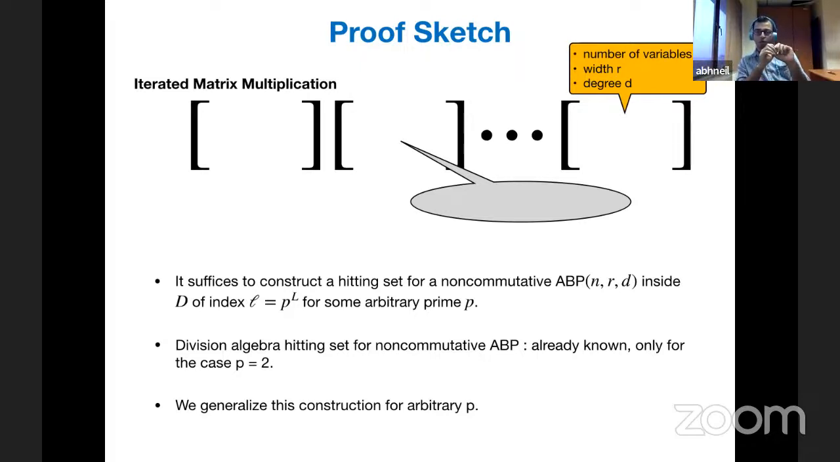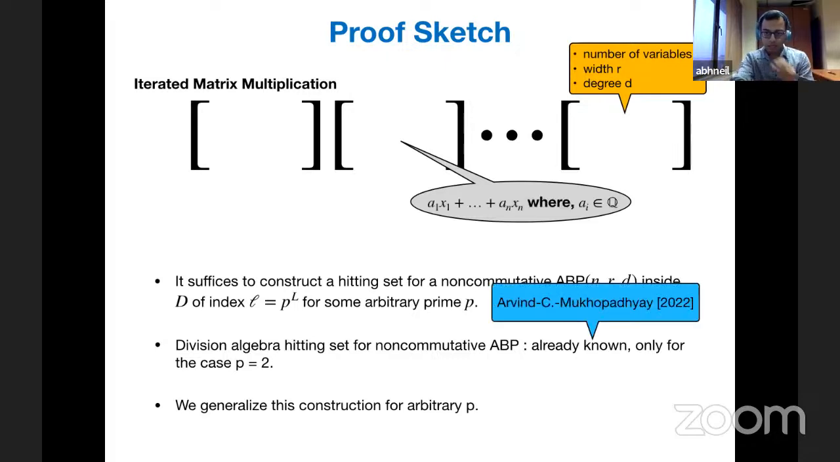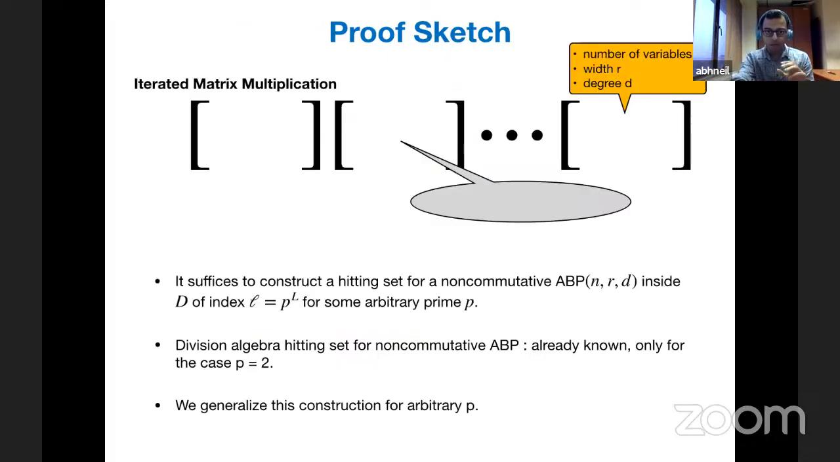So the division algebra hitting set for non-commutative ABP for prime equal to 2 was already done in your recent paper. So here the first non-trivial part we had to do, which is not that difficult, was to generalize that construction for arbitrary primes. So more precisely, okay,